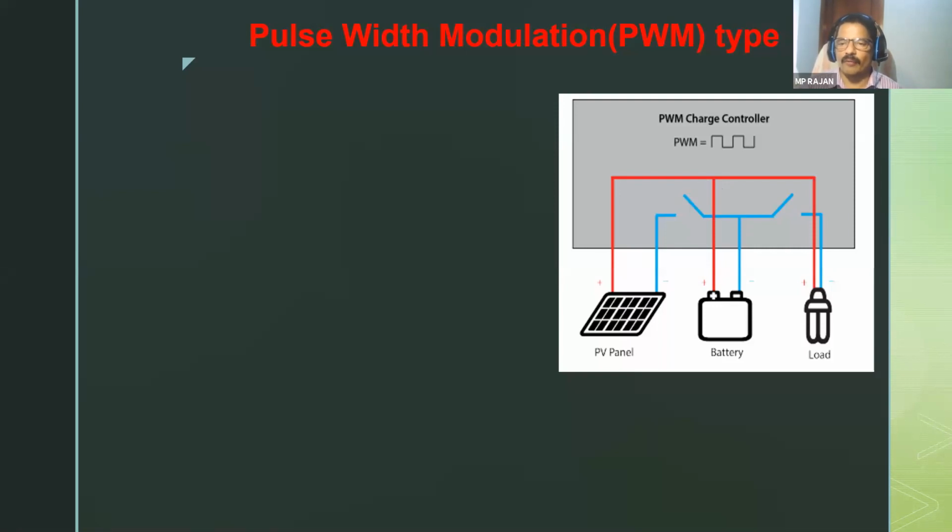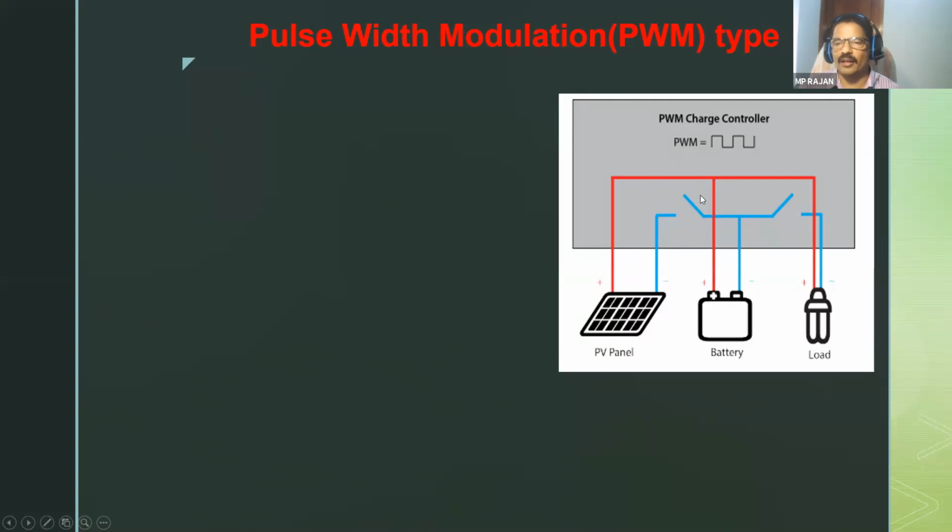Okay, so when the battery is getting fully charged, this switch will be open. After that the circuit is broken, so there is no supply going to the battery. Now the load is getting supply from the battery. In some systems both switches will be on, so simultaneously the battery will be getting charged and your auxiliary load also will be getting supplied.